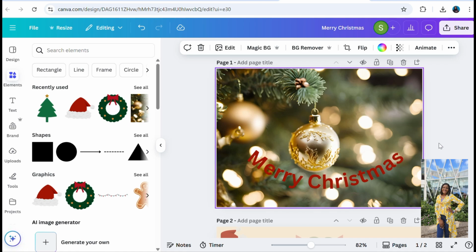Now that I have my card, what am I going to do before I start to download it? So now that you have your card, the way you can market this is you can go to companies around you and tell them, oh, I know December is coming. You like to give your staff cards. I can design cards for you. Take 1 or 2 of your sample designs and take it to them. And you can even tell them that you can personalize it to their